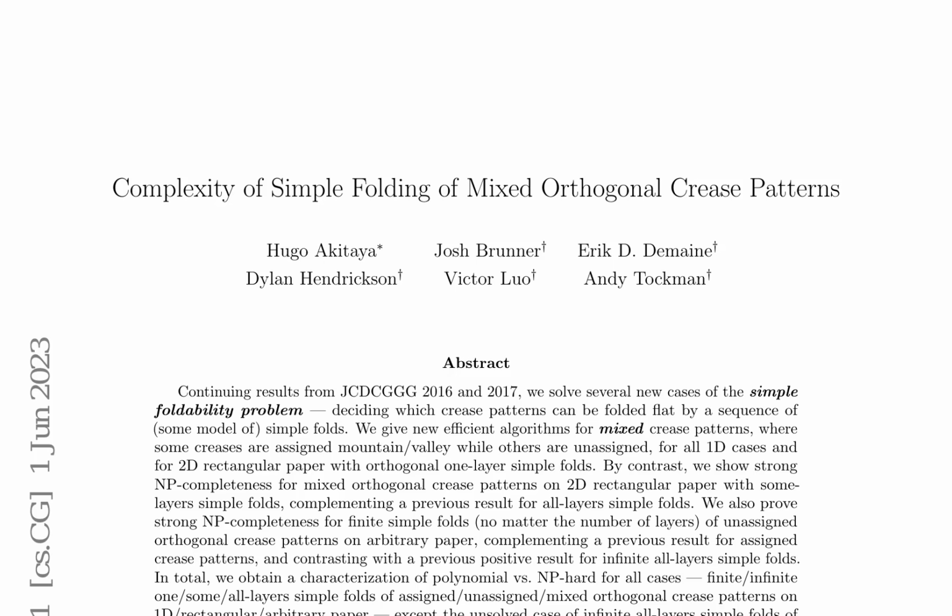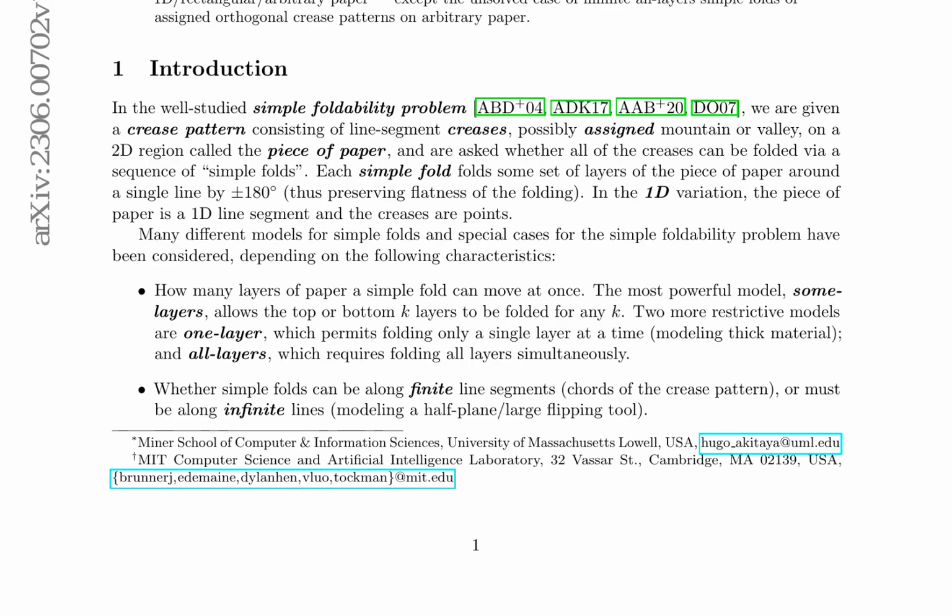This paper addresses the simple foldability problem, which involves deciding whether a given crease pattern on a piece of paper can be folded flat through a sequence of simple folds. The authors focus on orthogonal crease patterns and examine different models for simple folds, including one-layer, some layers, and all layers folds. They also differentiate between assigned, unassigned, and mixed crease patterns, where some creases are assigned as needing to